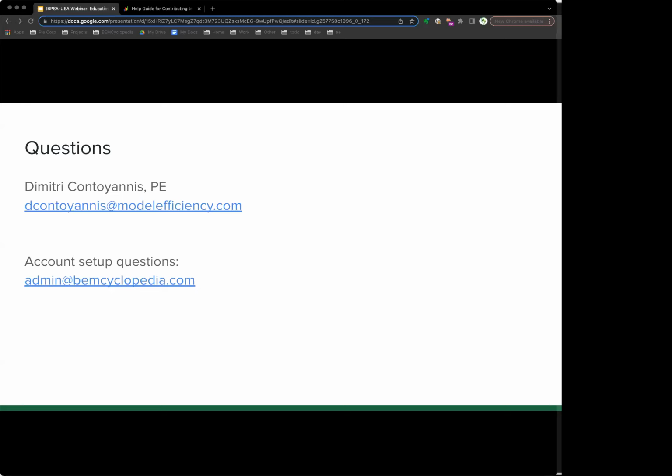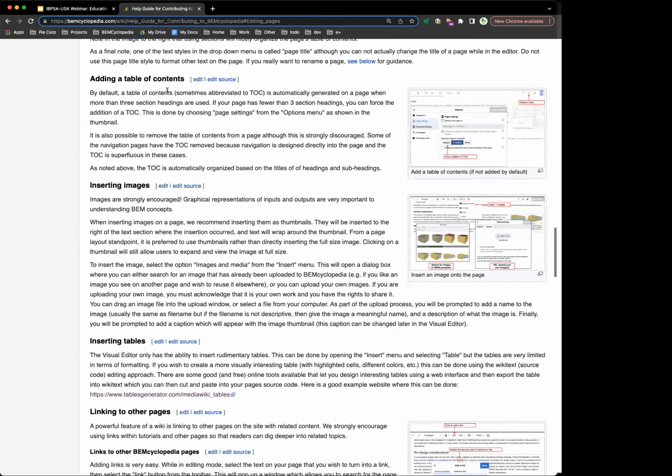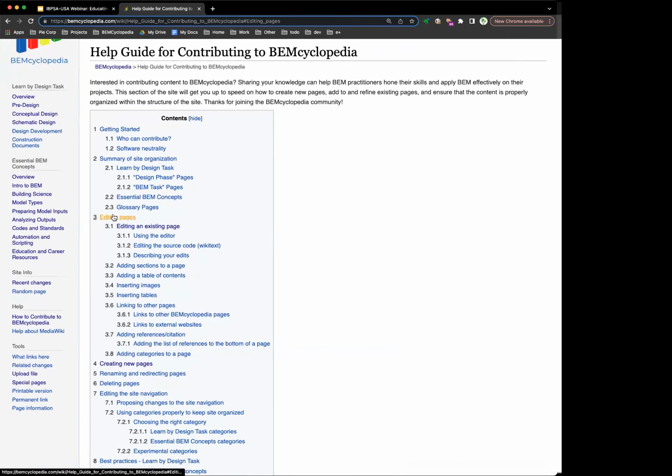And then Justin had asked about the framework here. Can tags be added to headers on pages to link directly to them with the URL? They absolutely can, and I'll show you really quickly how that works. So here in the table of contents, let's say we wanted to link to this editing pages.